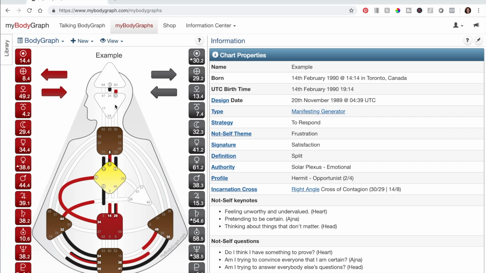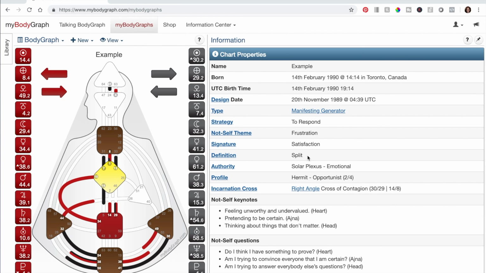And with the white or open centers, this is an area of our life that is going to be less consistent, because this is where we take in energy from the world and amplify it or make it bigger. And so I'll probably do another video actually talking more about centers, but these are areas where you're more open to influence from others.